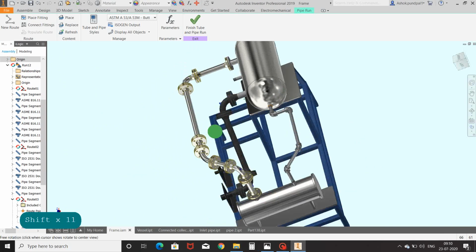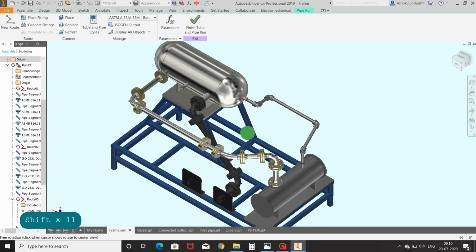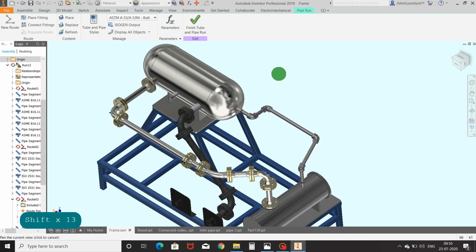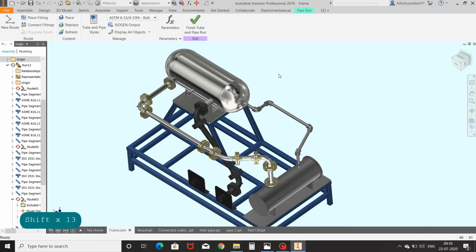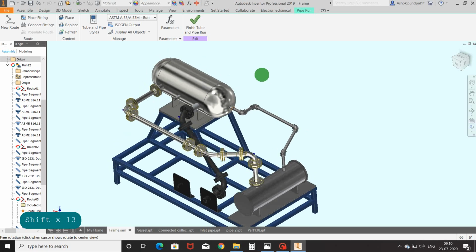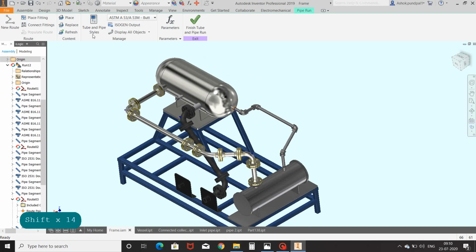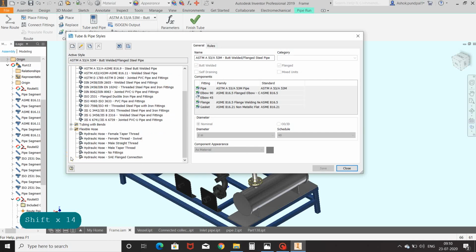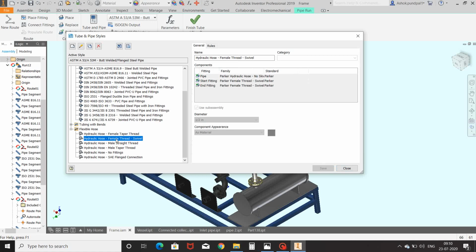Now we will see the last pipe style, that is flexible SS hose connections. Fix the required hose type and its end connections. Go to tube and pipe style. Click on the flexible hose section. From this option, I am selecting hydraulic hose, female thread, swivel.